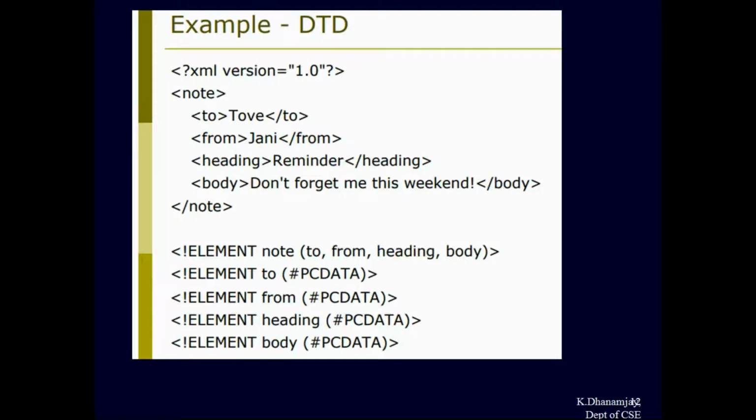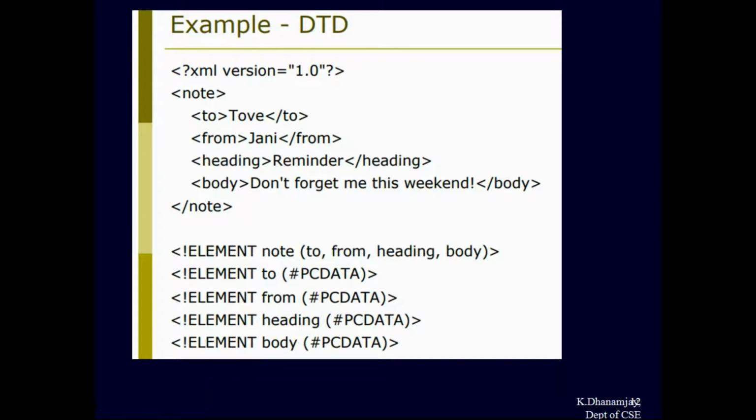Okay, let's see an XML DTD. First of all, let's see how a DTD will look like, and then we'll see how an XML schema can be applied for that XML. So here we can have one XML program. You know already the declaration part, and then this is called a parent element, and then this is called a child element. This is the way to write an XML program. After that, if we want to add a DTD inside an XML, it is referred to as internal DTD. Okay, I think I already gave this information in the previous videos.